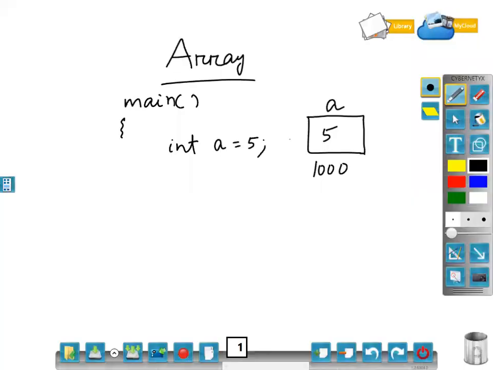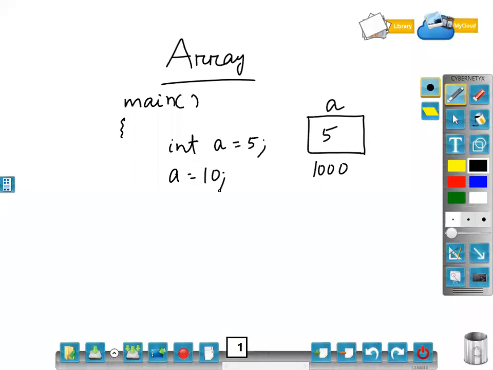So the problem with single variable, that whenever you are storing a single value in the variable, I can store like this. Okay. So the next objective or next requirement, that I want to store multiple values in a single variable. So by thinking that, what I have done, I have written a equal to 10. So what is my objective? My objective is to store multiple values in a single variable.